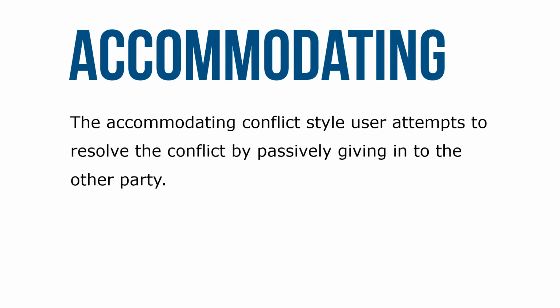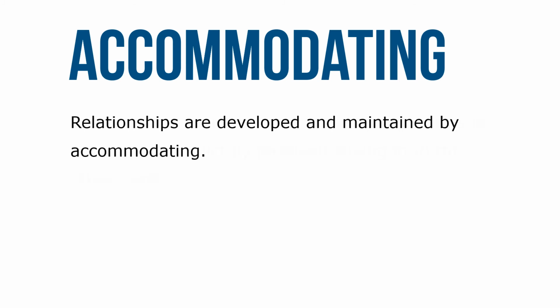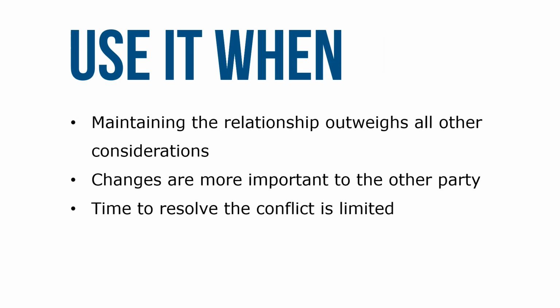With the accommodating style, the user attempts to resolve the conflict by passively giving in to the other party. It attempts to satisfy the other party while neglecting one's own needs. Relationships are developed and maintained by accommodating. The disadvantage is that giving in to the other party may be counterproductive when you have a better solution. Use this style when maintaining the relationship outweighs all other considerations, the changes agreed to are not important to you but are to the other party, and the time to resolve